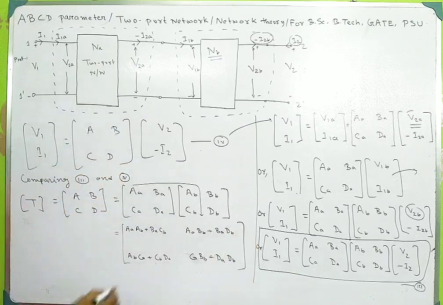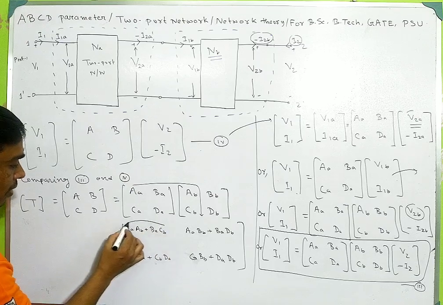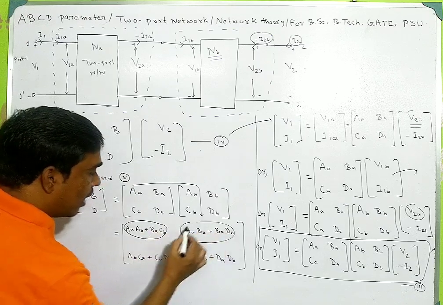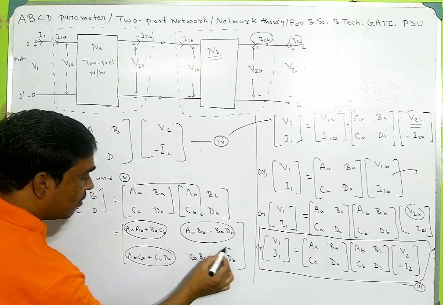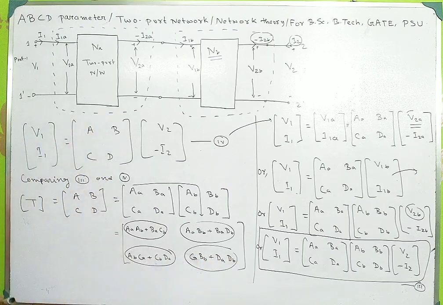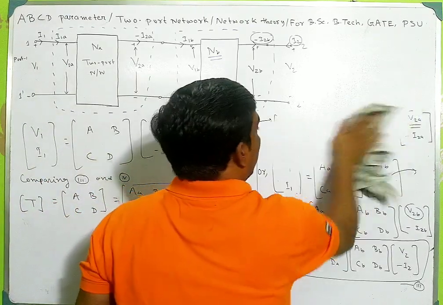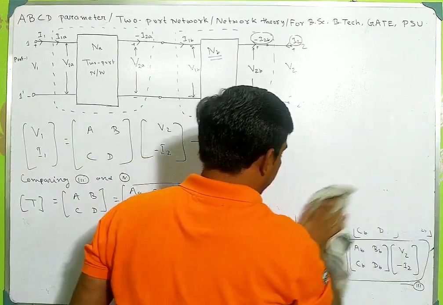So this is A, B, C, and this is D. Okay, so if I write the total transmission parameter, the values of A, B, C, D are given by,